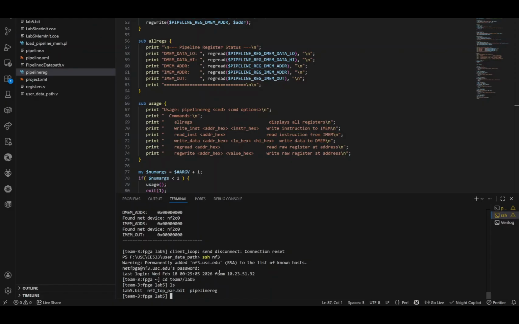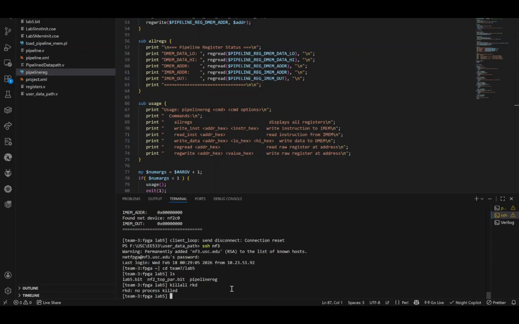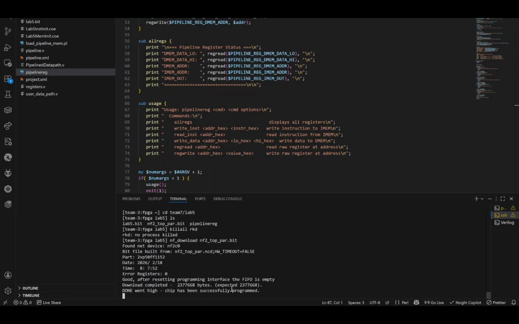And we also have our pipeline register, which is the Perl files we made. So what we're going to do is first check with q all the RKDs. So there's no progress of the RKDs. Okay, yes, next we're going to do the nf_download of the NF2 .bit file. After that,